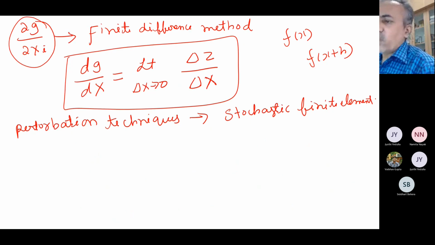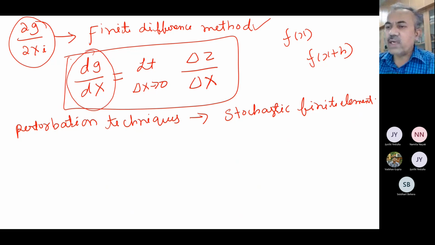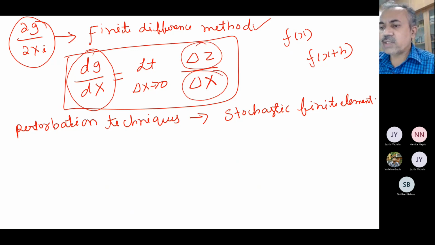Okay. So this is one way. Now another way is this finite difference method. So generally, whenever you see a derivative, say, automatically Taylor series comes and the finite difference technique comes naturally. Okay. So here in the finite difference method, as we already said, if you have any derivative, say dg by dx, you have to calculate, you can approximate this by small delta z by delta x, where delta x tends to 0. So what we try to do is a very straightforward method.